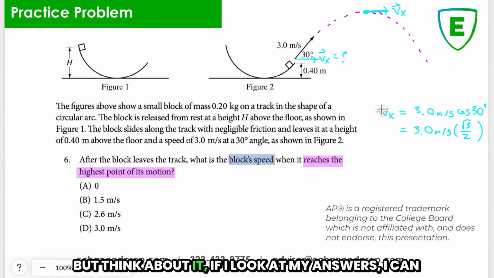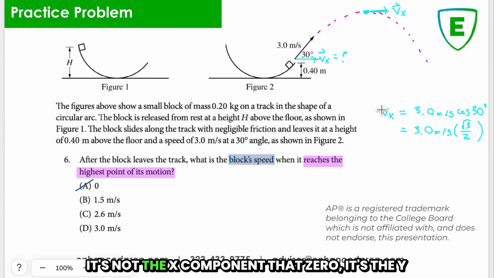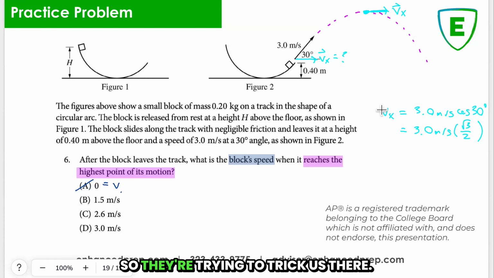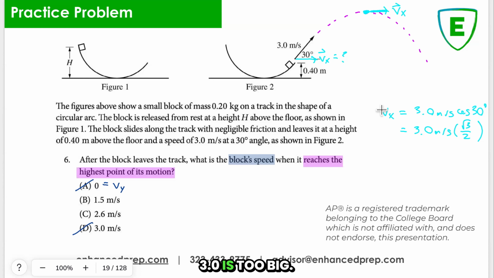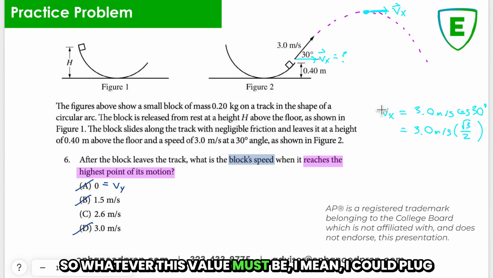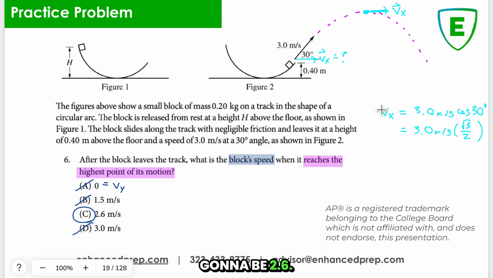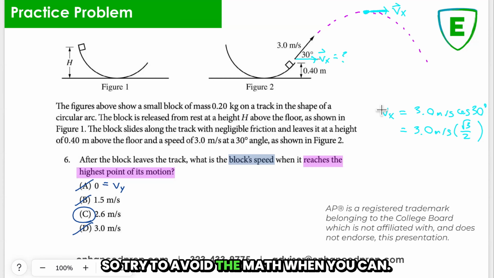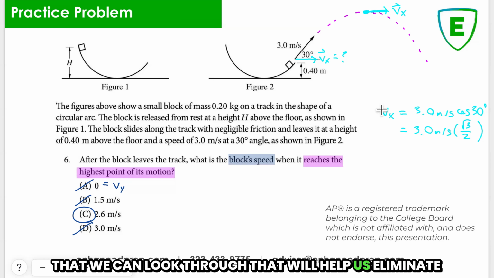But think about it. If I look at my answers, I can get rid of 0. It's not the x component that's 0, it's the y component that's 0. So they're trying to trick us there. I know it's not going to be 1.5, that's exactly half. 3.0 is too big. So whatever this value must be, I could plug it into my calculator and check it. It's likely going to be 2.6. So try to avoid the math when you can. See if there, like we said, any trends or anything that we can look through that will help us eliminate